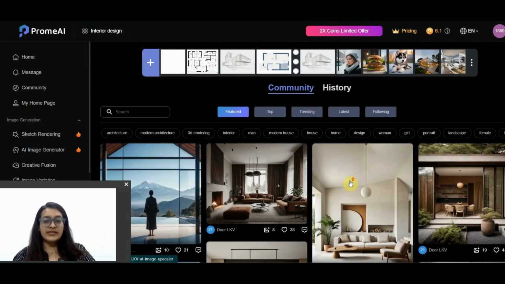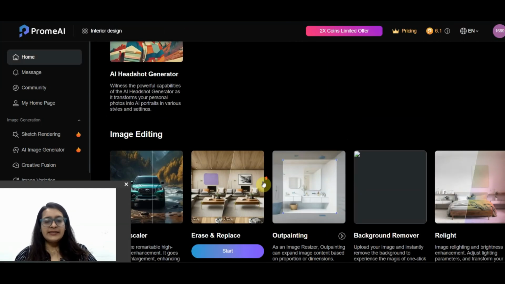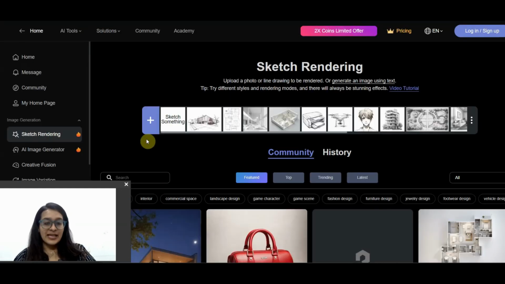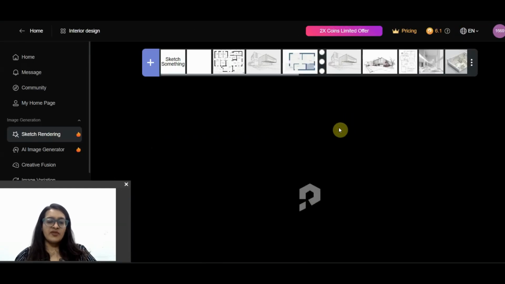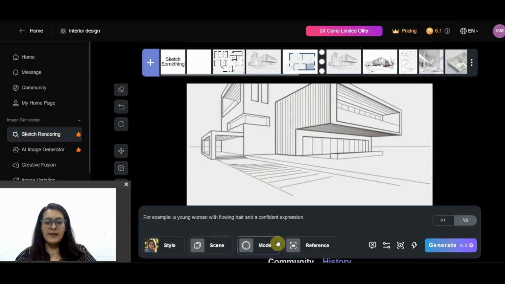Some of the good examples is HD upscaler. So basically, if you want to upscale your drawings, it's a good idea. But I think we are not going to get into the depth of that either. Let's see if it can just generate a good plan for me from a sketch. I already have a sketch with me. This sketch we had also tried in previous renders. Let's see if it can match the same for me.